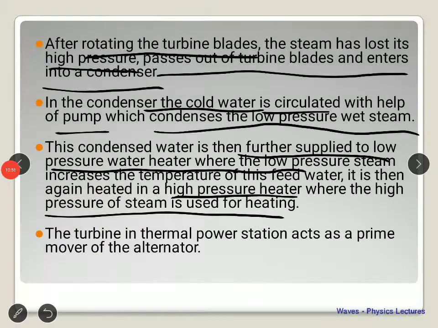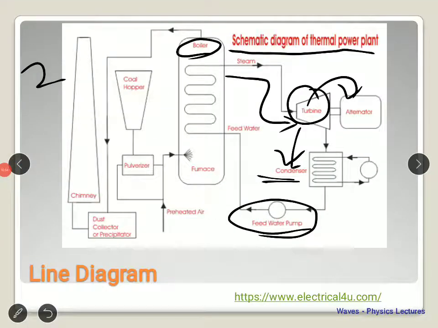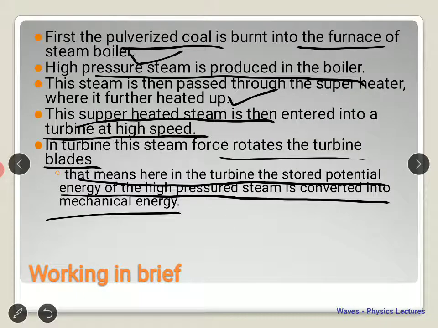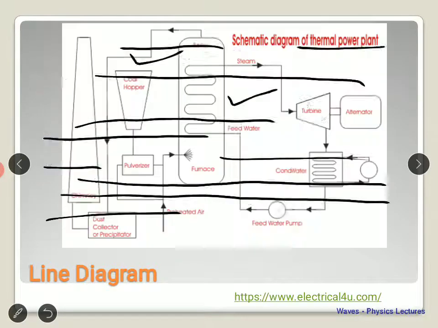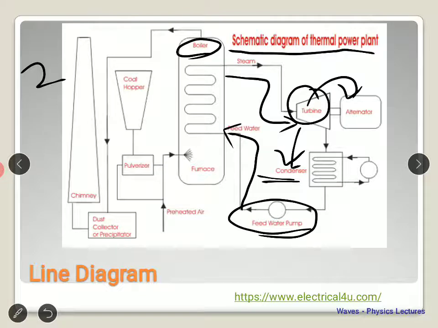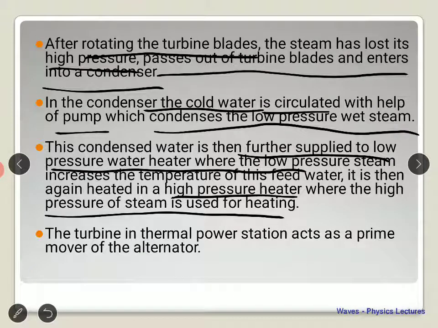If you look back at the slide again, we can feed it back to the boiler, and then again we are using the same steam. So we can reuse it again and again. Of course there are some losses, and those can be covered up. And we can see that this boiler is also connected to a chimney, because we have the exhaust, the waste, which needs to be discarded. So we have attached it to the chimney there. This is the line diagram which you need to remember, and probably it will carry 2 marks along with explanation. So we might be able to design an 8 to 10 marks question on this particular topic.